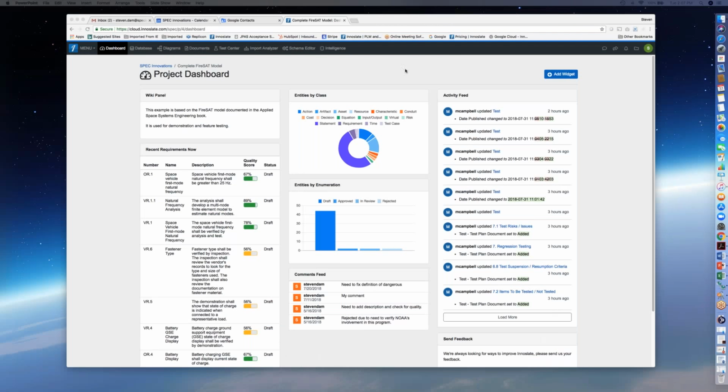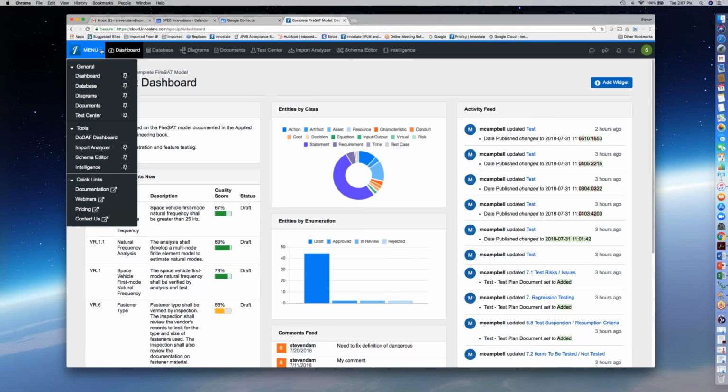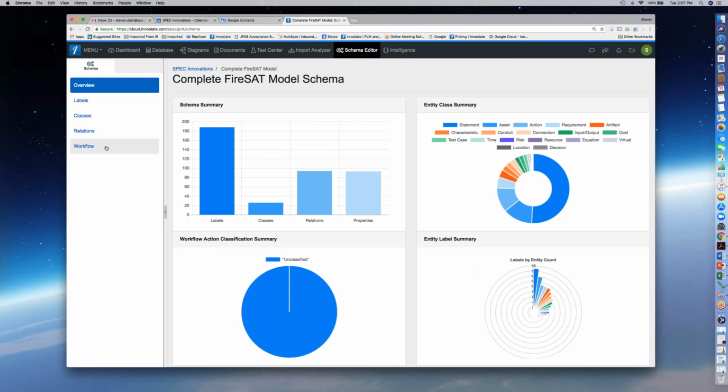So here's my handy dandy, and in fact I'll plus this up a little bit so you can see a little easier. There we go. I imagine that was too small for a lot of people. So looking at it, you see this is our dashboard, and we're coming into it there. So to access workflow, we come into the schema editor, and again, it's available here over on the menu, or I've pinned it up on my menu bar here, so it's easily accessible there. So I click on that, and I come down to workflow,